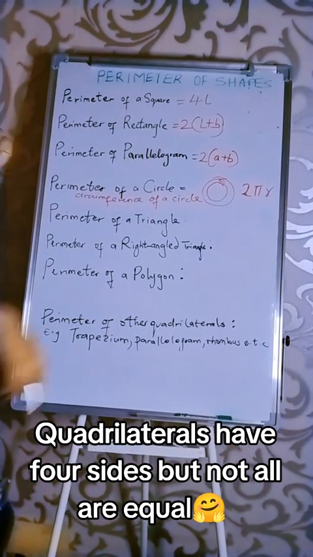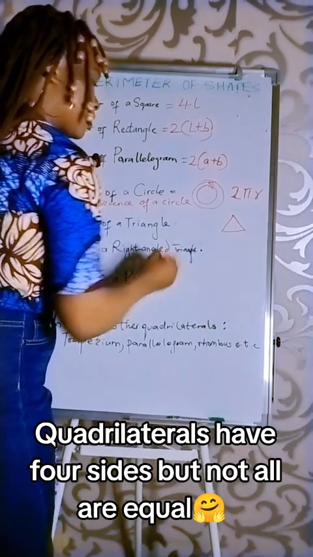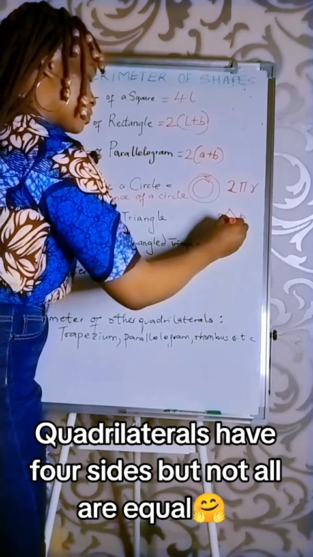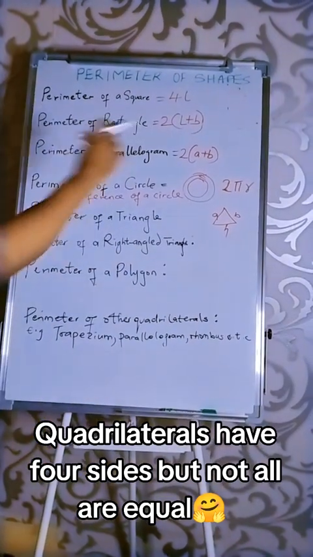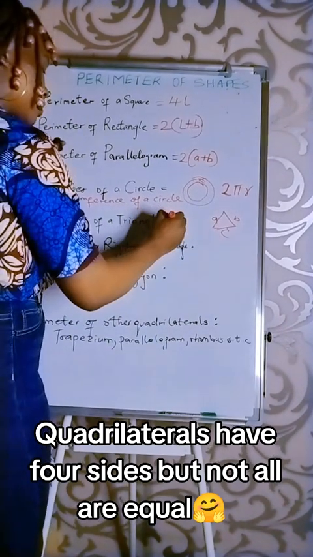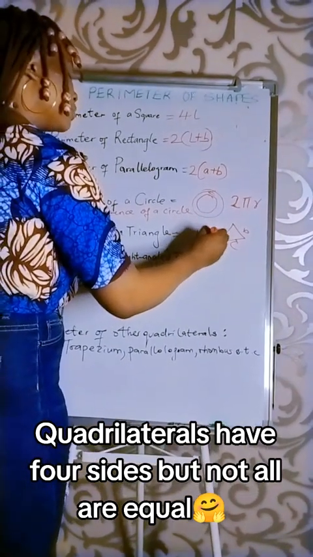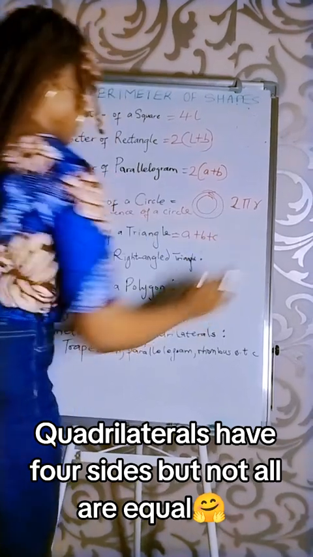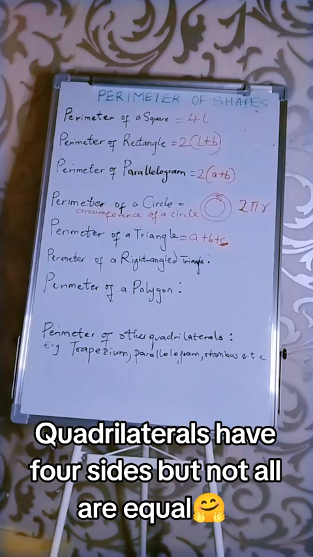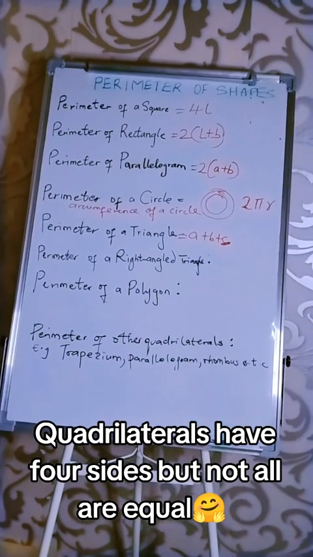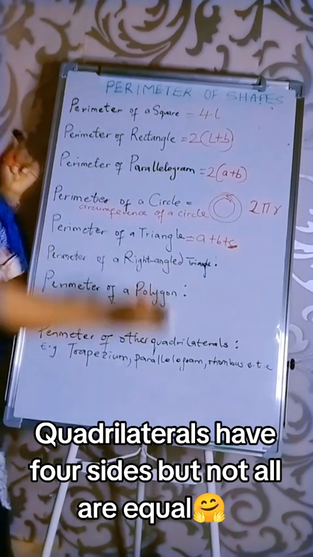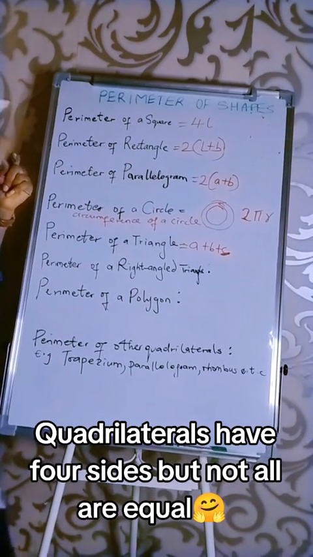Now we go into perimeter of a triangle. See a triangle here, and the sides, this is what we are talking about. A plus b plus what? C. A plus b plus c. When we are going to use this formula is when we have an isosceles triangle or any other triangle. But when we go into a right angle triangle,